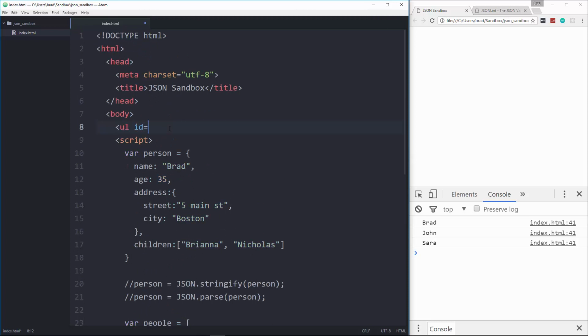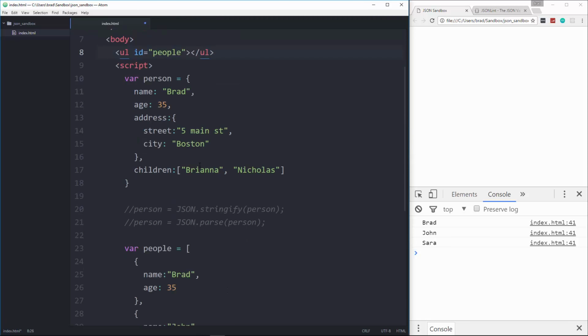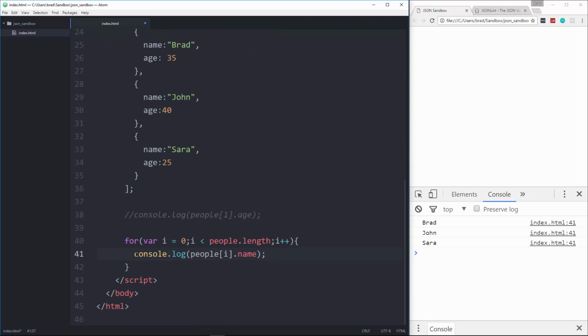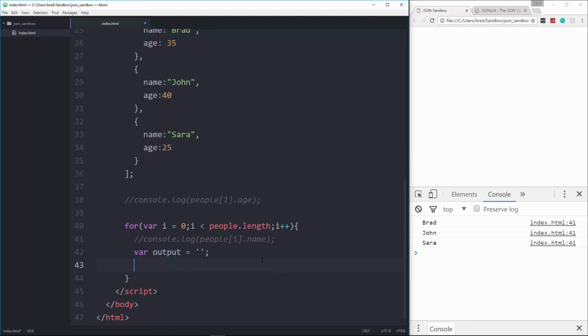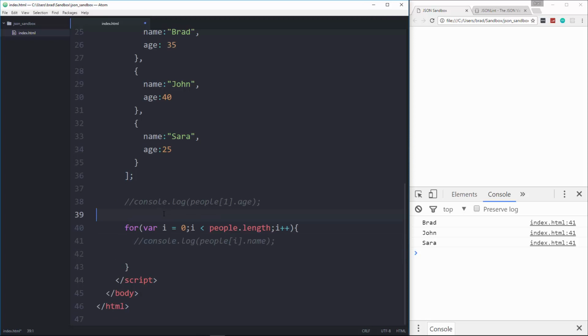We'll give it an ID of people, and we're not going to put anything inside. That's going to be generated through the JavaScript. All right, let me just comment that out. And then what we'll do is set a variable of output and set that to nothing by default. That should be outside of this. Okay, so we set the output to nothing, and then each iteration, we're going to take